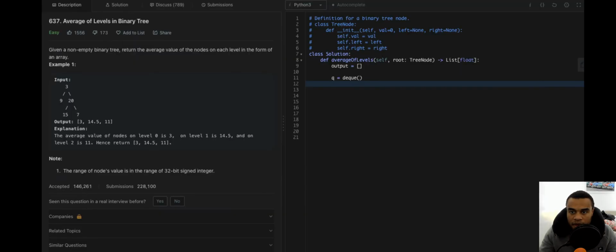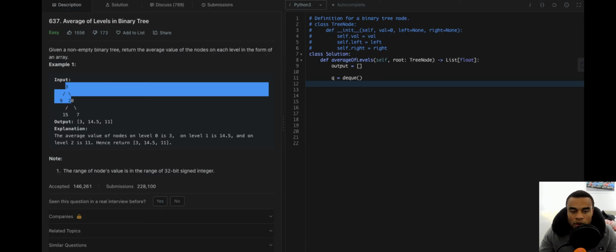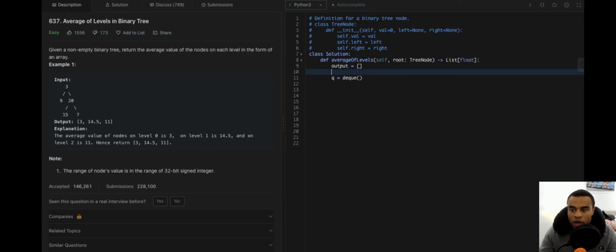Alright, so we got our deque. Basically the idea is that when we go down to a level, we add this to the queue. The first thing, of course, is to initially check that the root is valid. It's not empty, so it's not null. So we obviously have if root. I'm pretty sure BFS questions are better handled iteratively, by the way. I don't think you need to do this recursively. I don't think I've done a recursive BFS question before. I think I've always done them iteratively.